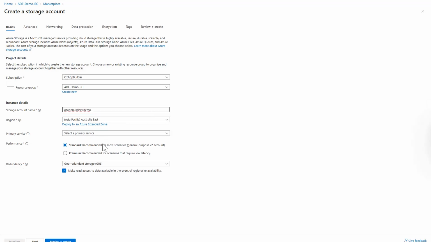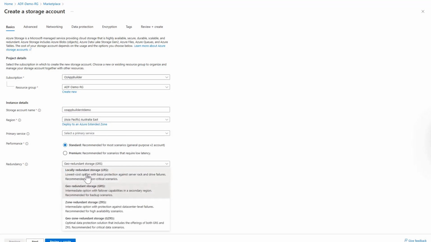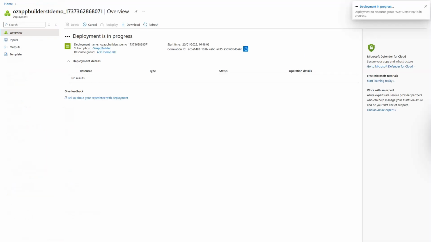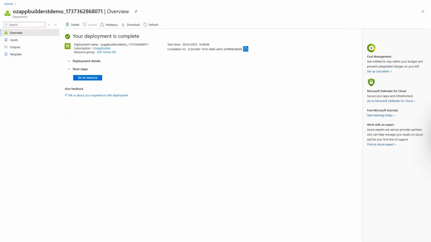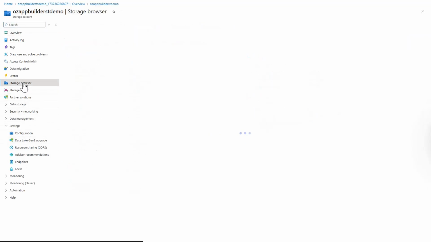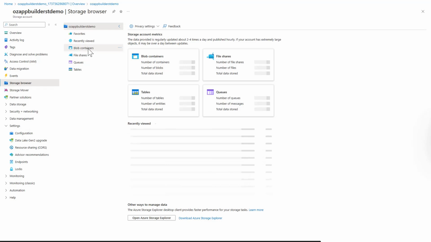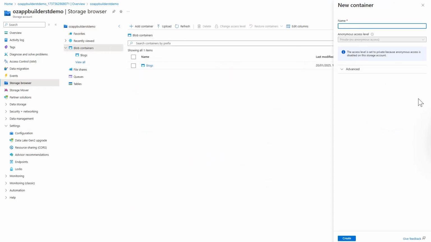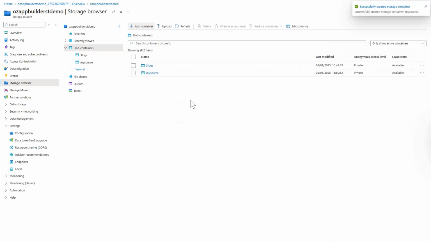Give it a name, choose your region, and use LRS. Go to review and create, and click on create. When deployment's complete, go to resource, go to a storage browser, blob container, add a container there, give it a name, create,